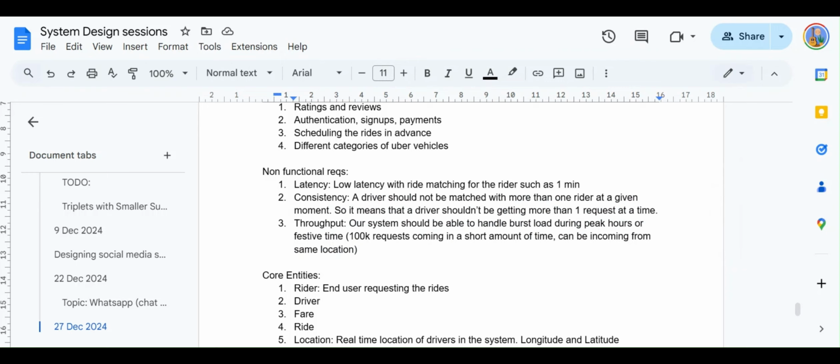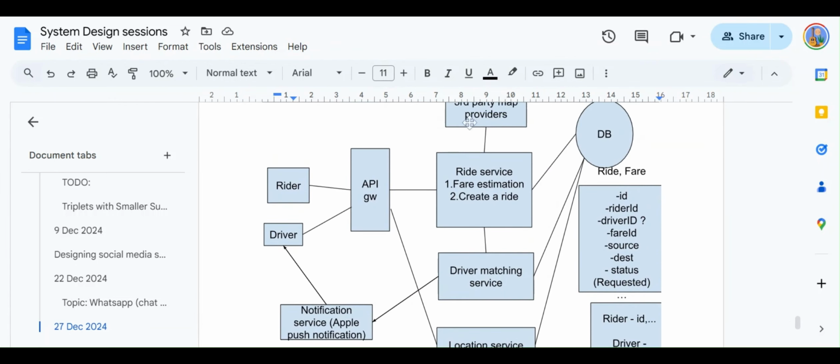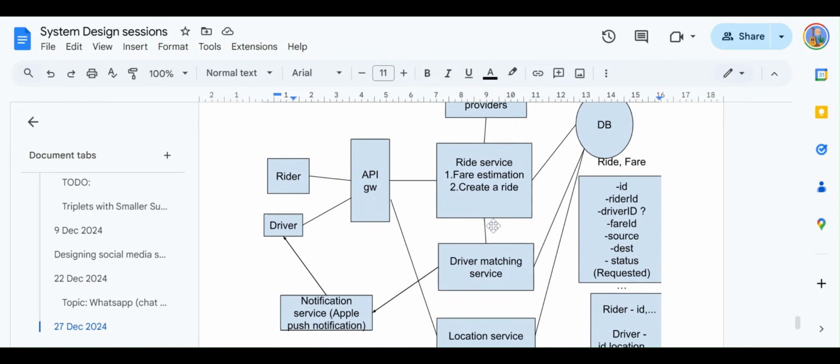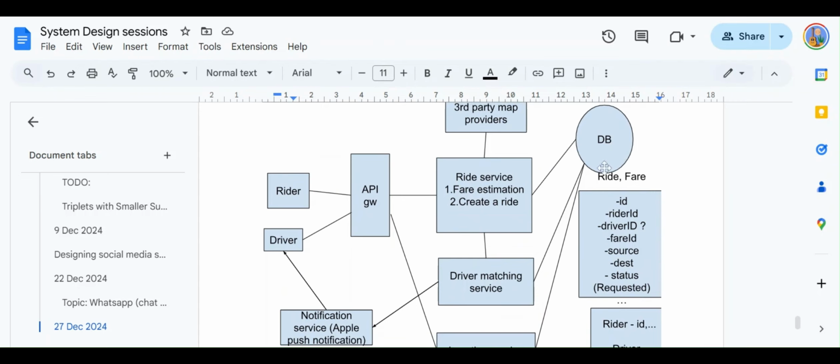The very first thing was the low latency. What was the factor contributing to the latency part? The major factor was querying the database for the nearest drivers. If we look at the initial design, when a rider requested a ride, the driver matching service looked into the database to find the nearest drivers.